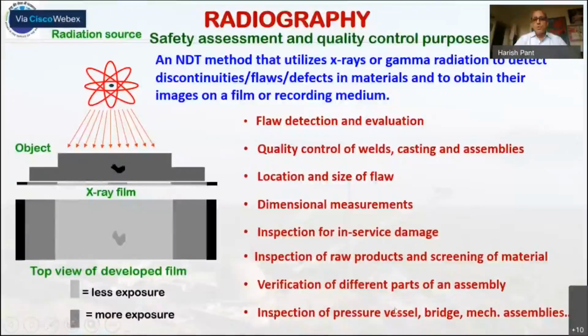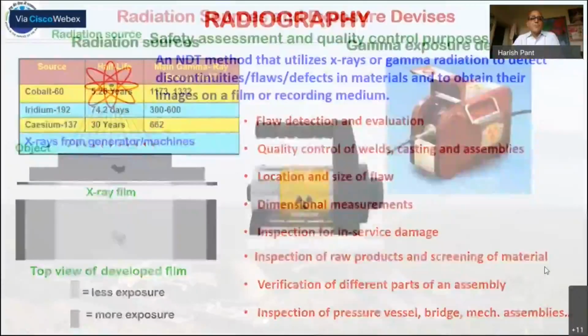Inspection of pressure vessels. It is very important to examine the process vessels before they are put into actual operation. They need to be radiographed. Each joint and weld in a high pressure vessel needs to be radiographed, and this radiography service is actually a mandatory service in the process industry. Any welding joint has to be mandatorily radiographed. So radiography technique is mandatory in such cases.